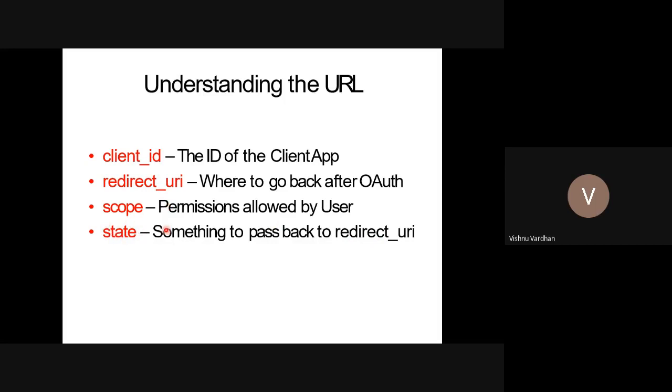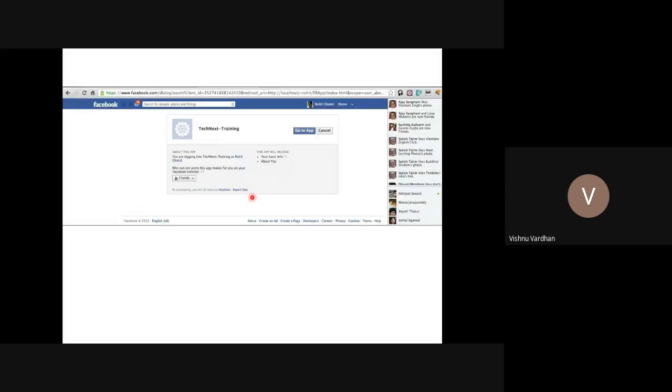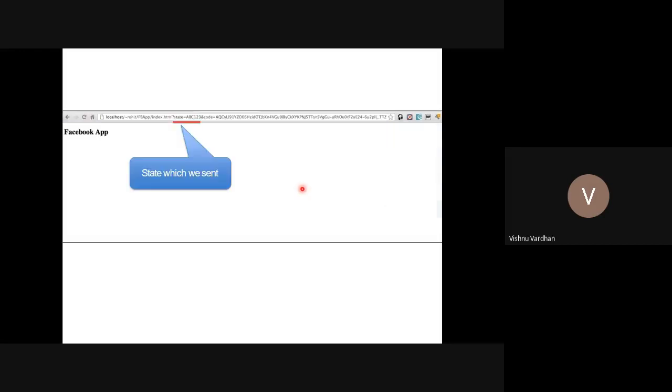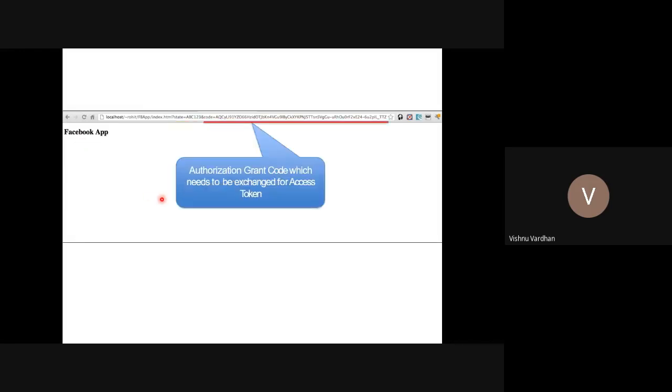So in that way we can have the information, and after using that information, the app is going to use the state and code, everything in the URL. Now the state is being sent, and the authorization grant code is also converted into base 64.